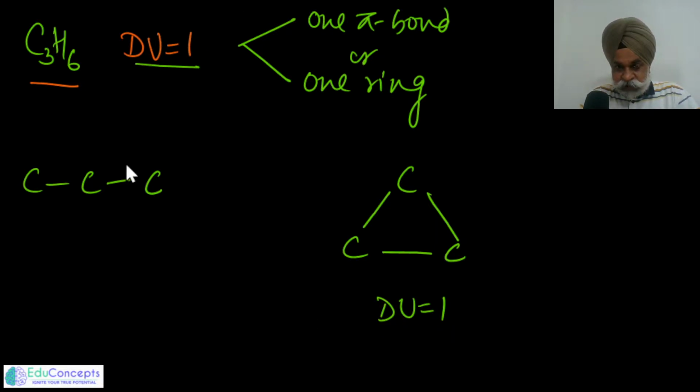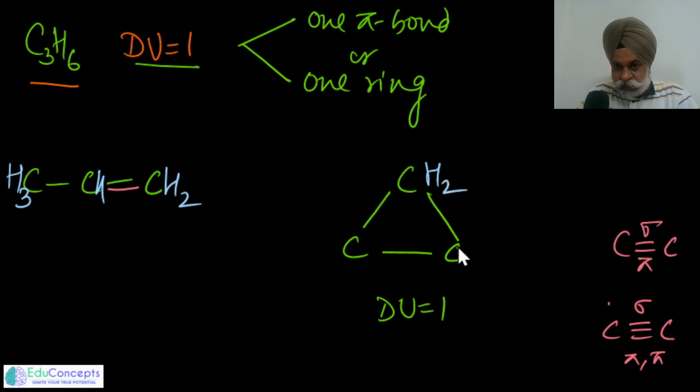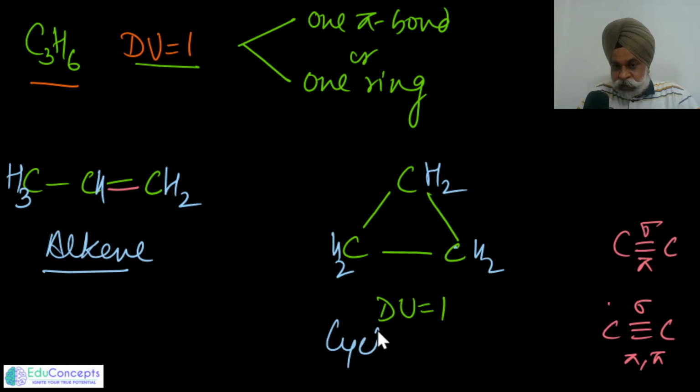To make the degree of unsaturation in an open chain 1, I just have to place 1 pi bond. Wherever you have a double bond, it would have 1 sigma and 1 pi, and if you have a triple bond, it would have 1 sigma and 2 pi bonds. Once you get this, you simply place the hydrogens to complete the tetravalency of all the carbons. So we end up getting propene here, and here 2 hydrogens, 2 hydrogens, 2 hydrogens. These two can be said to be functional isomers, because this is classified as alkene, and this is cycloalkane. In many ways they have a different set of chemical reactions,